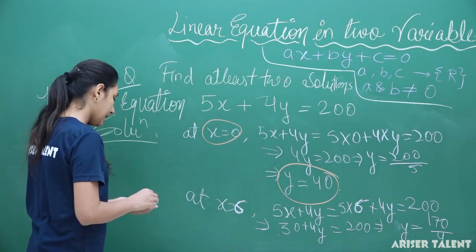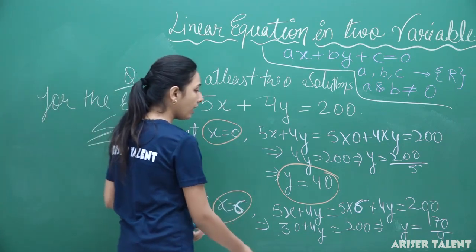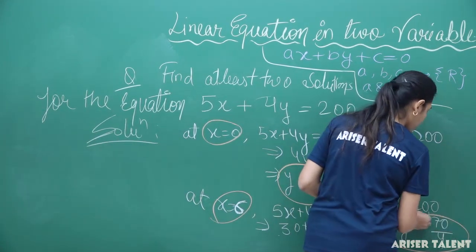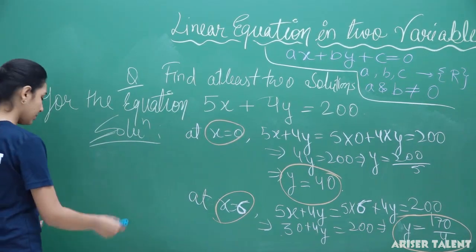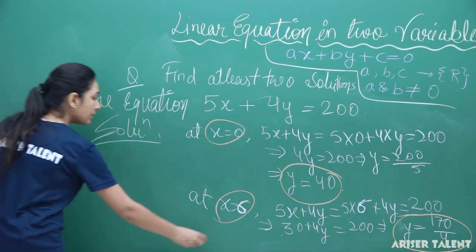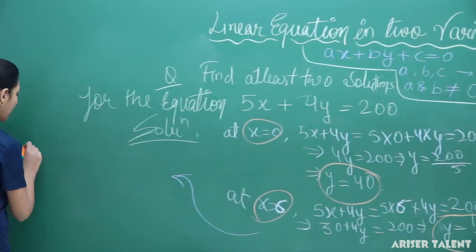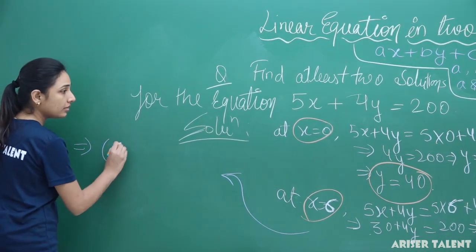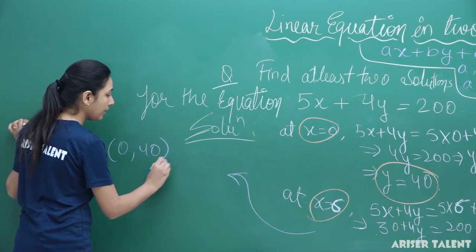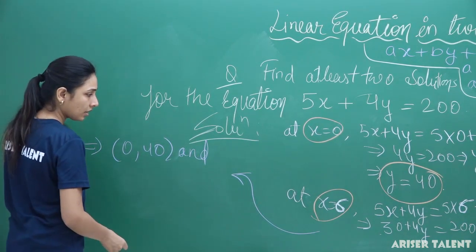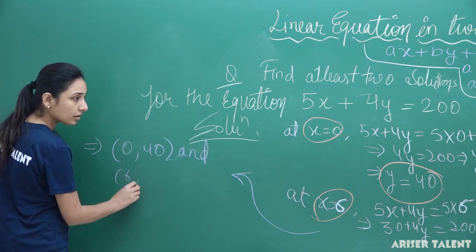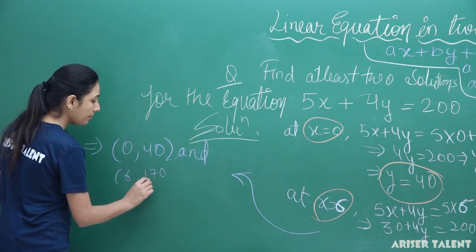So at x equals 6, y equals 170 by 4, right. So I can take that as my answer. This implies that (0, 40) and (6, 170 by 4)